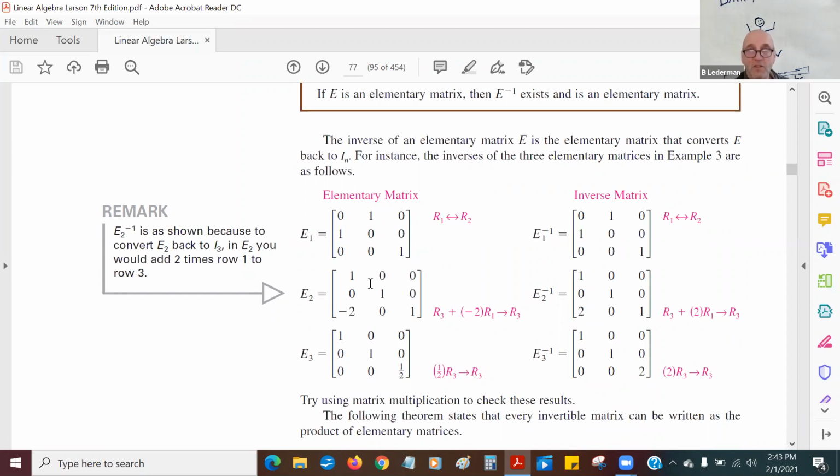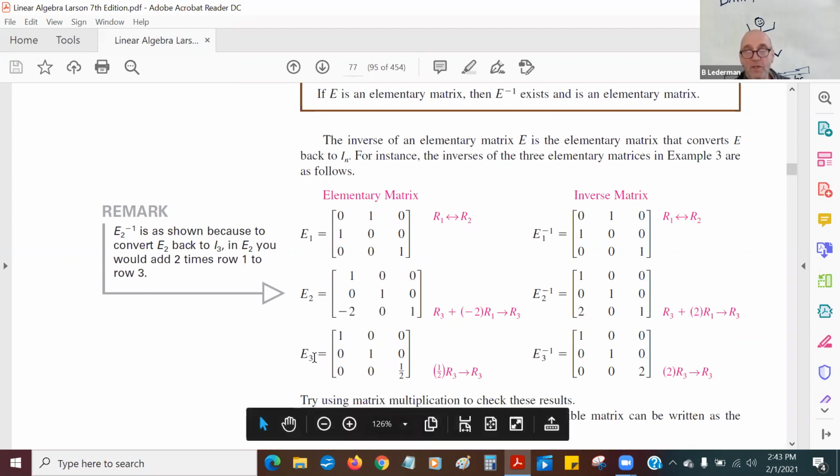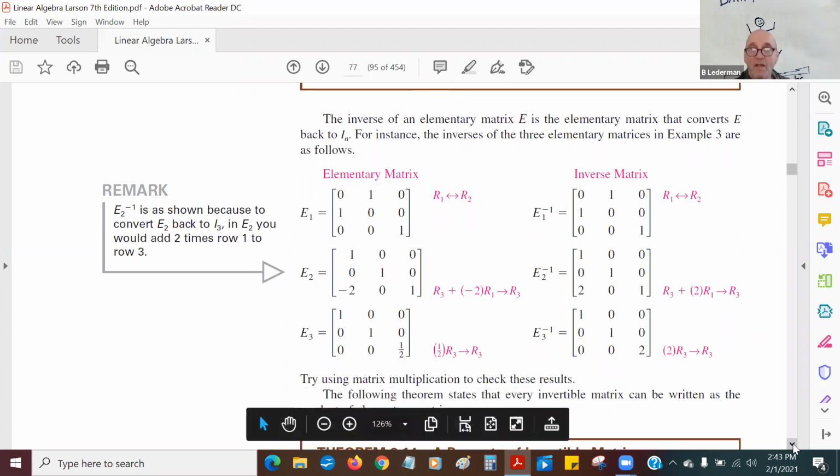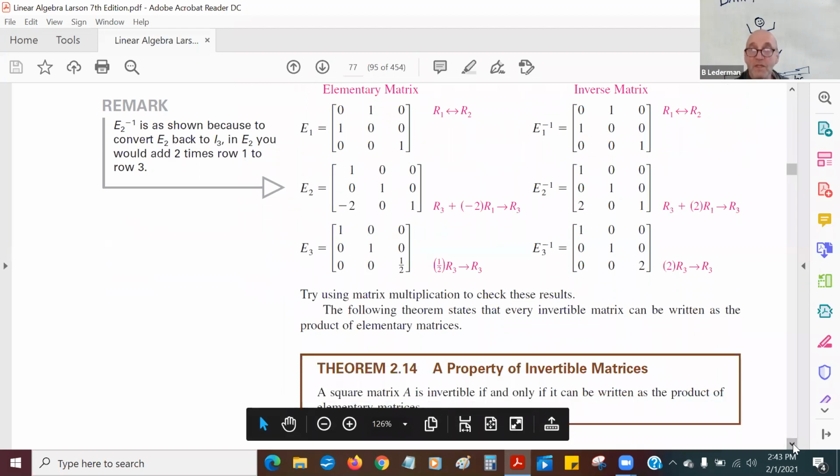Here I have an elementary matrix where I add -2 of the first row onto the third row. Well, if you want to reverse that, just add +2 of the first row onto the third row, and that'll get rid of that 2 and turn it back to a 0. And here is my third elementary matrix where I multiply the bottom row by 1/2. Well, if you want to reverse that, just multiply the bottom row by 2 to double and just get it back to where it was. So we see that very simply, just with simple logic, every elementary matrix is invertible, and that is a very great thing, which means